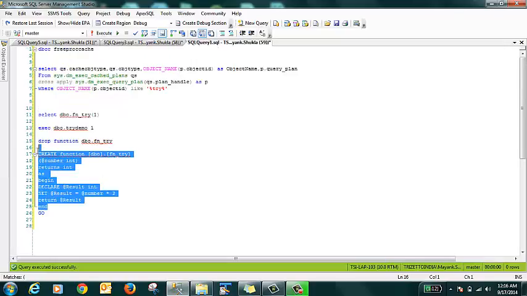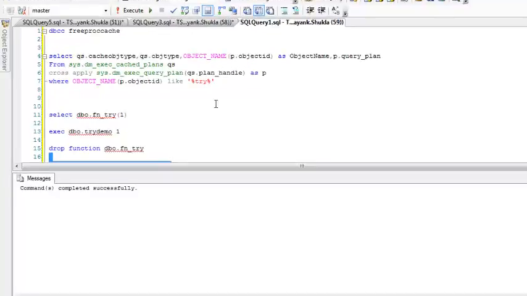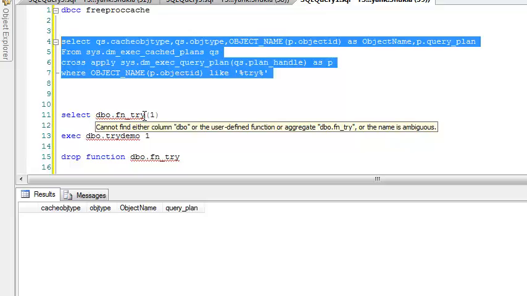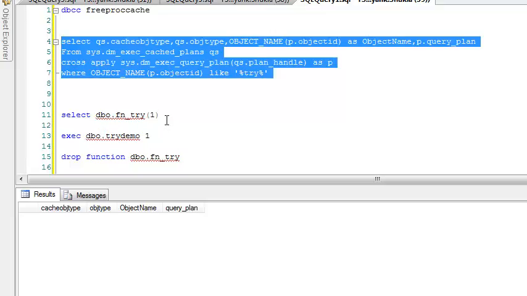Okay, but if I go and see the execution plan, still there is nothing. Why? Any guesses why the execution plan didn't come even after creating a stored procedure or a function? Actually, a stored procedure or a function creation doesn't create a query plan. First time when you execute it, it creates a query plan.